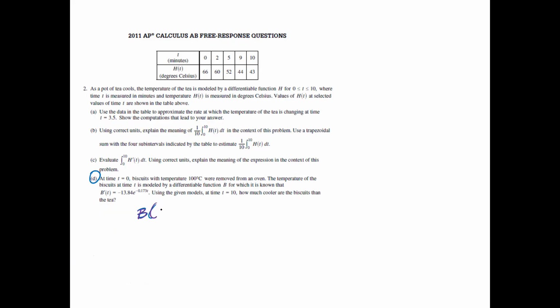So B of 10 is going to be equal to, so at time equals 0, the biscuit with a temperature of 100 degrees were removed from the oven. So that's your initial starting point. So 100 plus, but during that time it's also cooling. So the temperature, which is cooling, has this equation right here, plus the integral between 0 to 10, B prime of t dt, which is equal to,